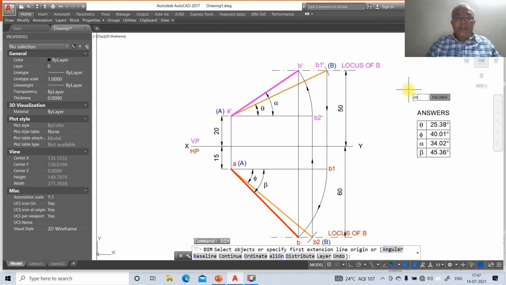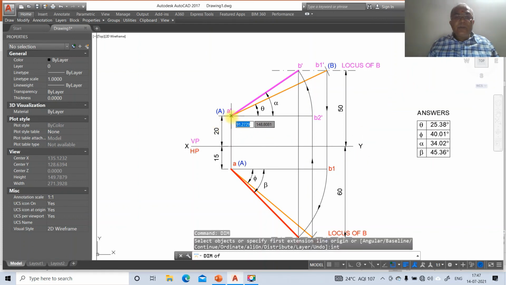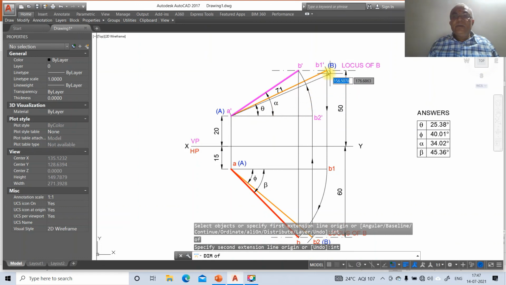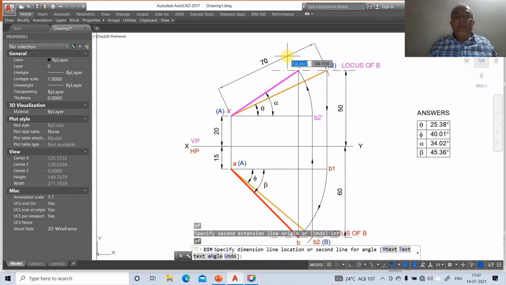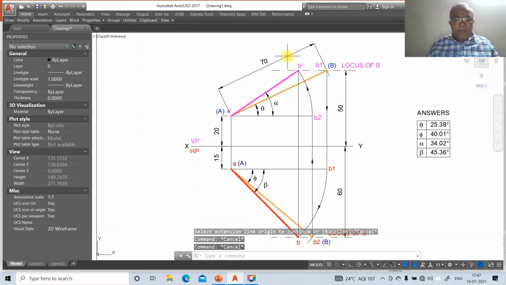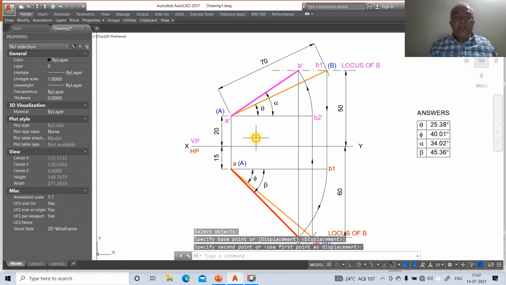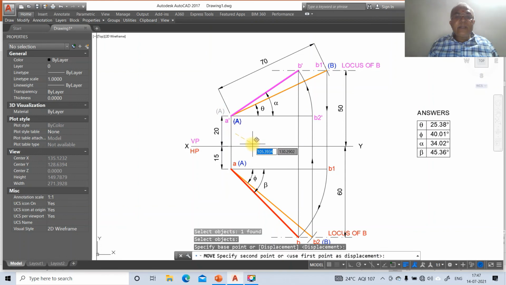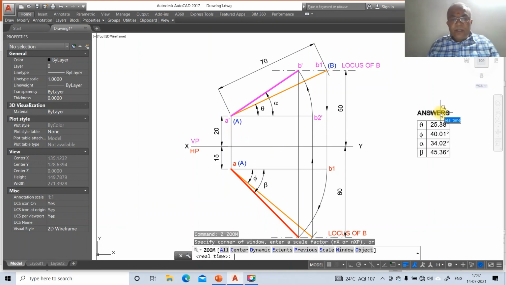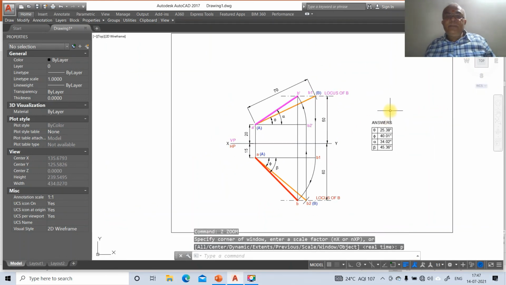Go to intersection point of this, take INT of this. You will get the true length, which is 50 mm, 70 mm. And go to move this, place it here, and take this A and keep it here. So this is how you will be able to solve this problem by using AutoCAD software.